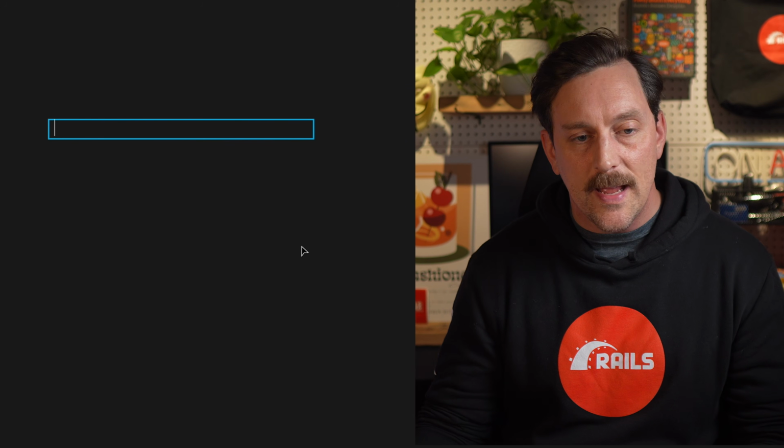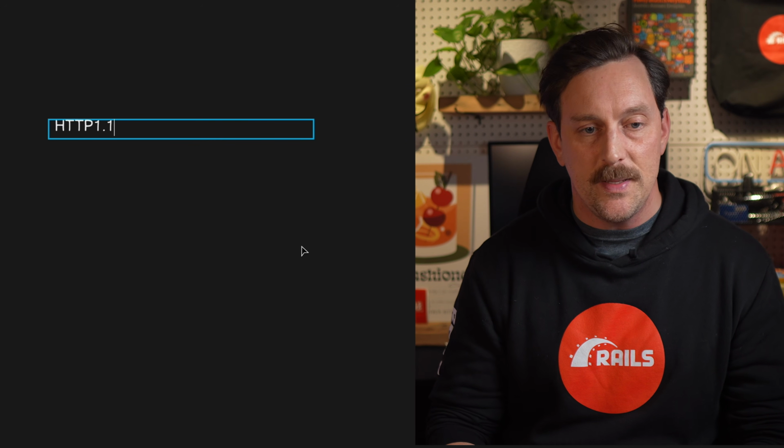Sprockets also processed, combined, and minified all assets into as few files as possible to save on the requests to the server. You see, back in the day, the web was still on HTTP 1. And in HTTP 1, you could only really load one resource after another. And once that resource finished loading, you could then load another resource.